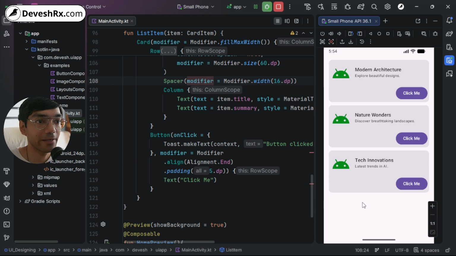So this is how the UI looks like after running the Android application and debugging it. So when I click on the click me button, as you can see a simple toast appears, button clicked. So this is how we implement a simple button and multiple UI elements and create a larger complicated UI in Android, and you can use your own creativity to build any type of UI in Android. So I have tried to explain the concept of Jetpack Compose and UI in the simplest way possible in this video. Now you can use your own creativity to build much more complicated and larger UI designs in Android